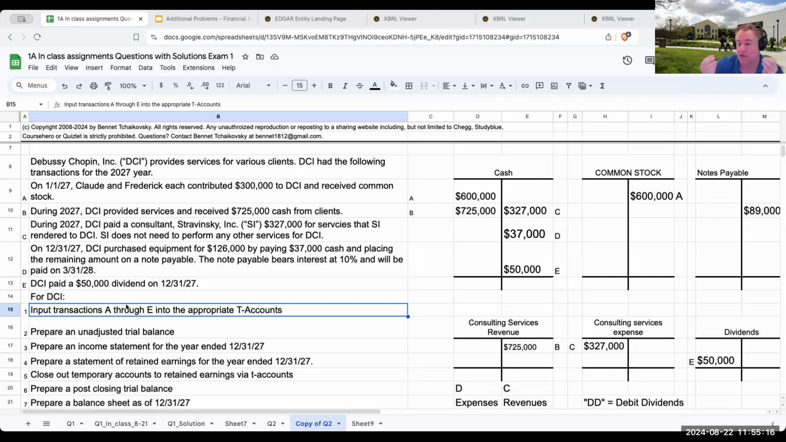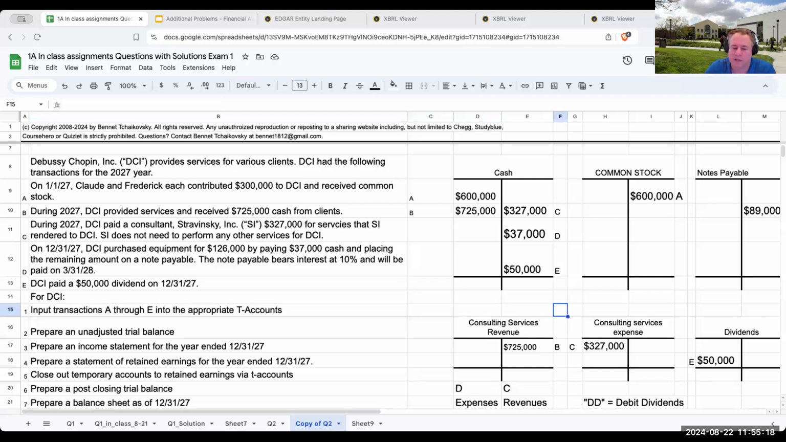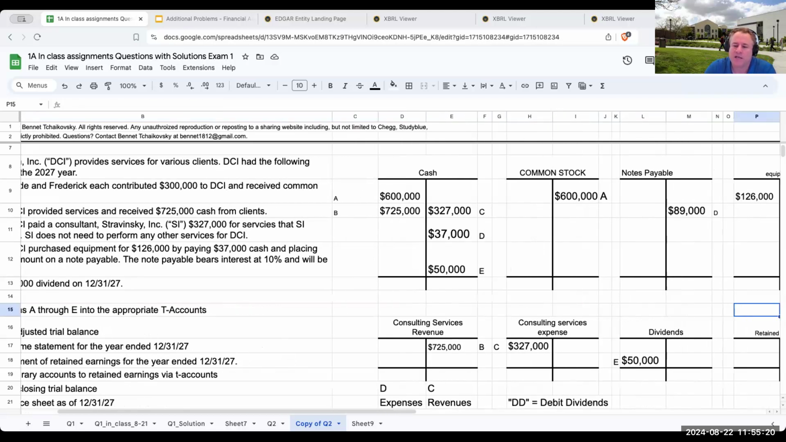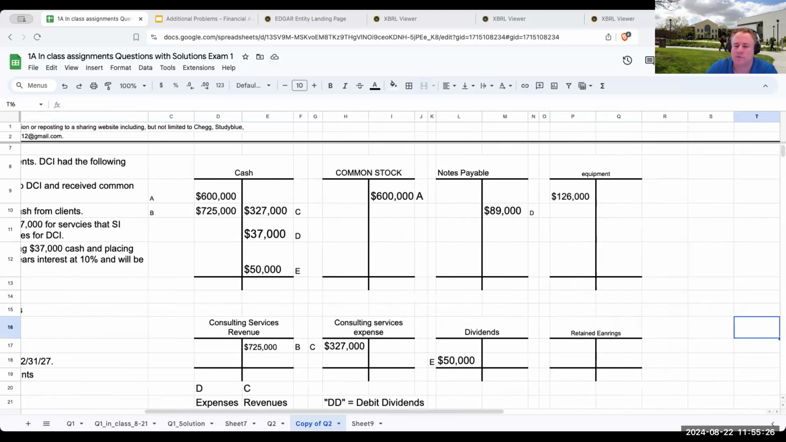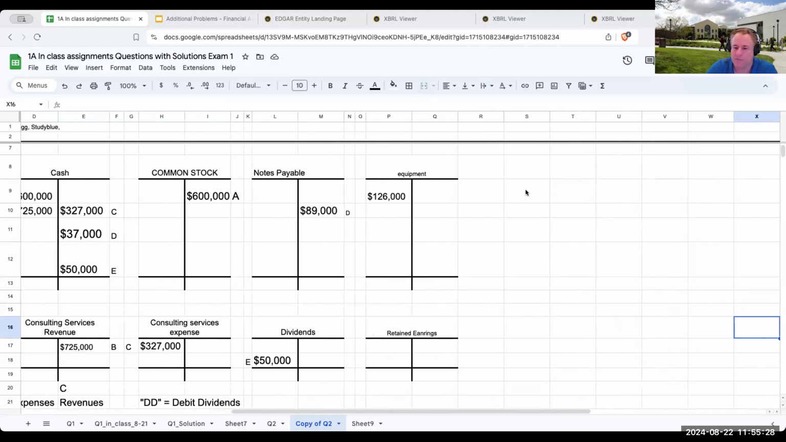And that's basically going to be the concept of what we call a dividend. Now I need to prepare an unadjusted trial balance. So we've got some new categories here. So when we look at this,